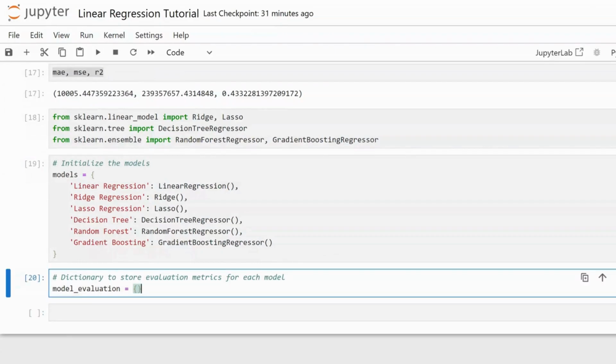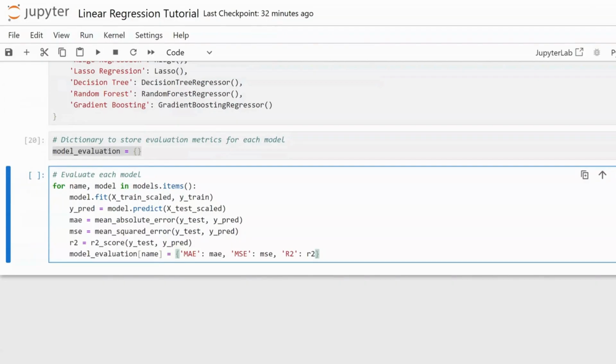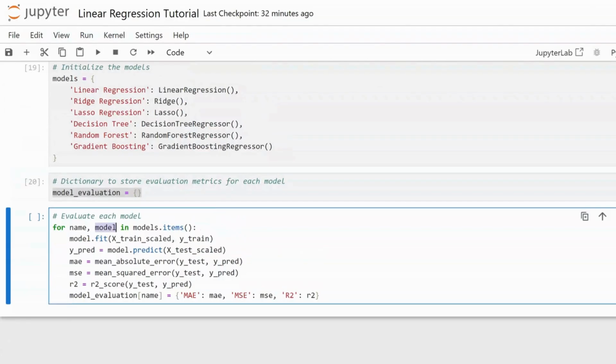So we initialize an empty dictionary, and then to evaluate each model, we need to use a for loop that will go ahead and fit the models, do the prediction using the predict function, and check all the metrics that we are using to test the models. To do that, we will use this bit of code here. First, this says that for each name and model from models.items, basically for each of these models,